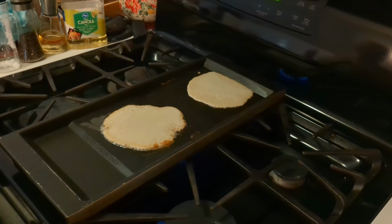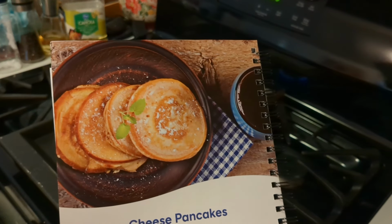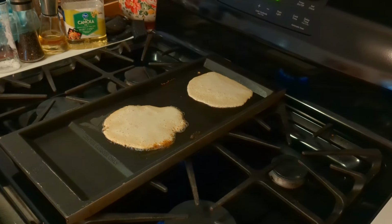So is it fluffy like the picture depicts in here? Let me take a look at this once again. I'm gonna unplug my blender and take a look at it. I mean, the picture shows them pretty round, and I don't know if they look thick or not, but mine are not thick. So here's the thing, texture and taste is what I'm looking for in this,